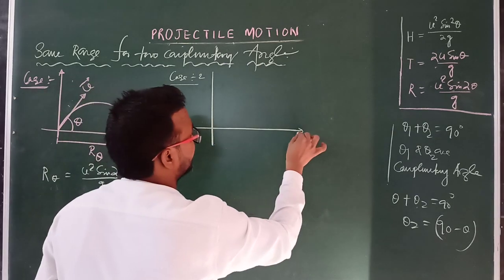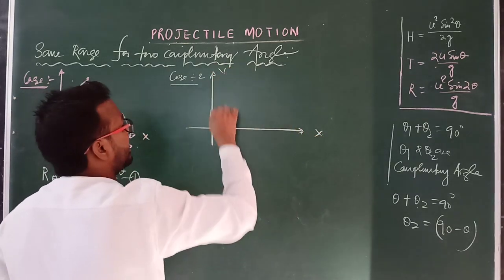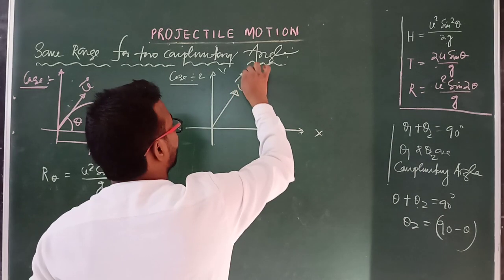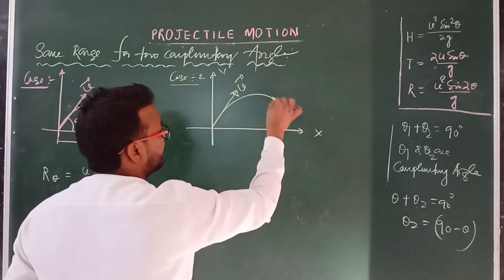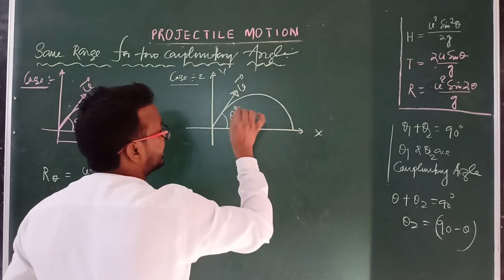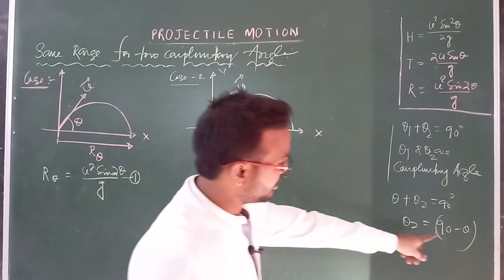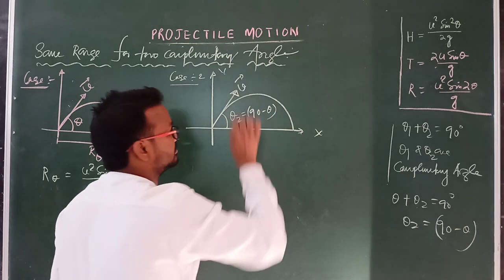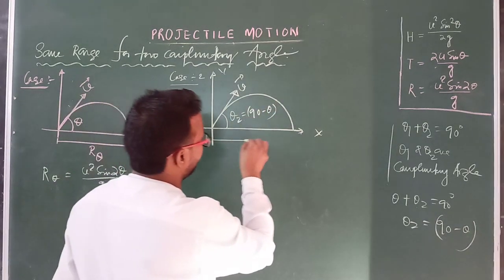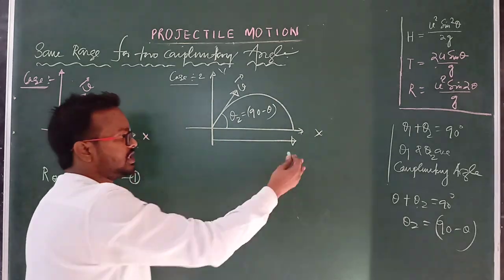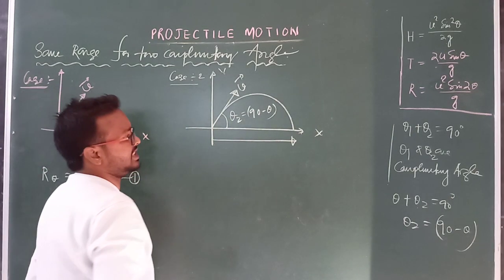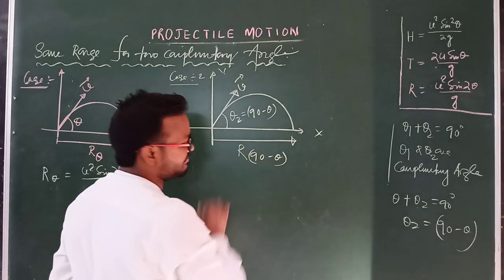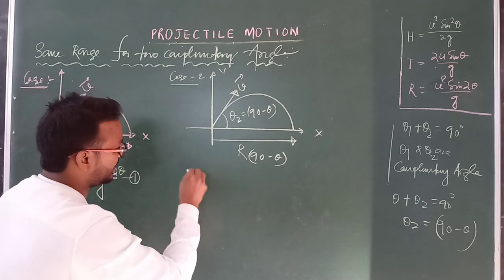if we project a projectile into space, this is the x axis, y axis, the same initial velocity u is here also, but there is a different angle, and this angle is here, that is theta 2, and theta 2 is 90 minus theta. Clear? So theta 2 equals 90 minus theta, and at that time it will travel a maximum horizontal distance along the x axis, and that is known as range, and here R of 90 minus theta. Clear? So how can we find this range?